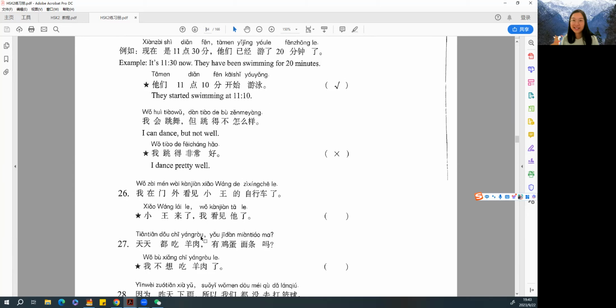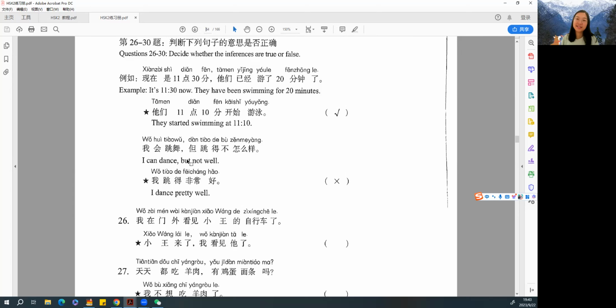You really have to understand the meaning. There is no translation for you. And in HSK 3, there will be no pinyin for you. So please, starting now, try your best to recognize those words one by one. For example, even though I cover this pinyin, I still know that 我 means I. So yes, try your best to understand those meanings, all right? So this is correct because